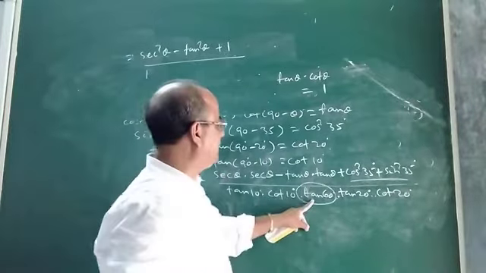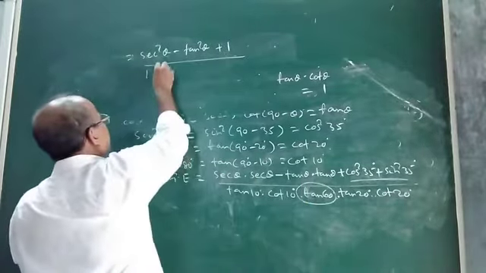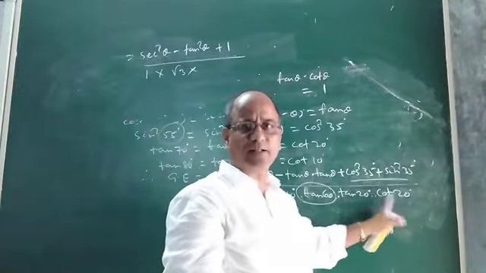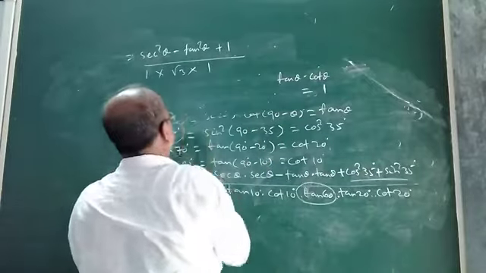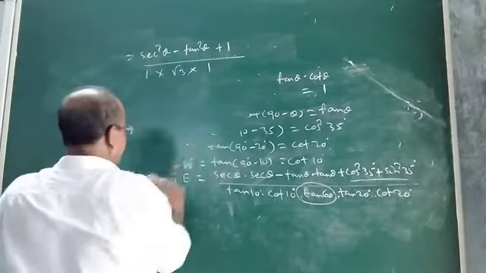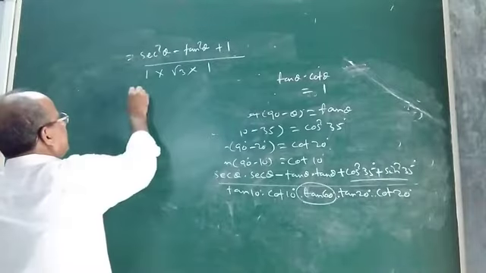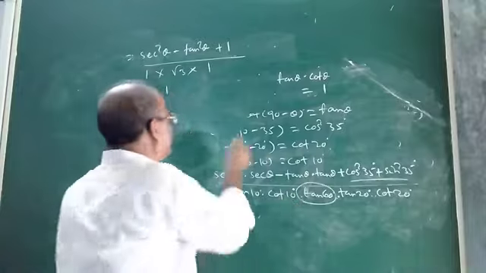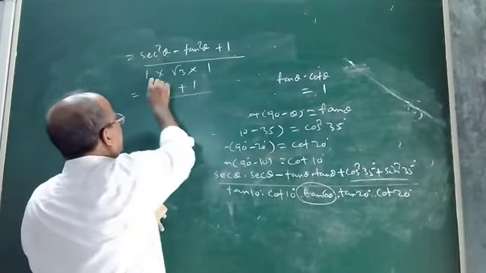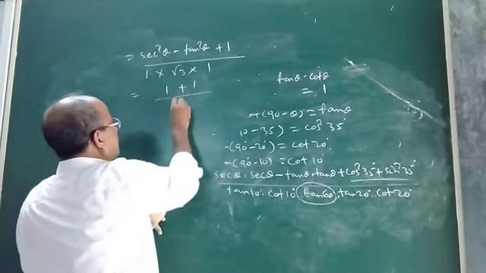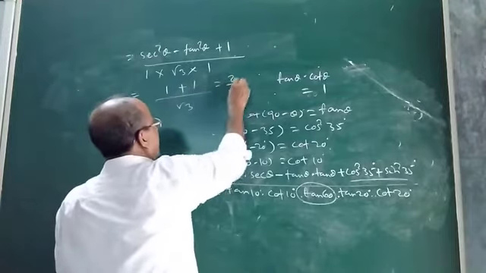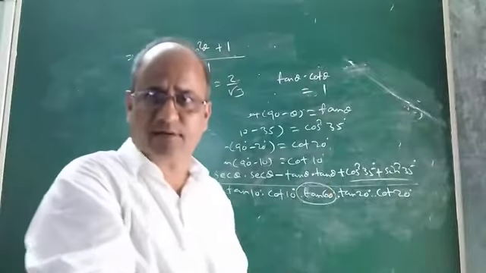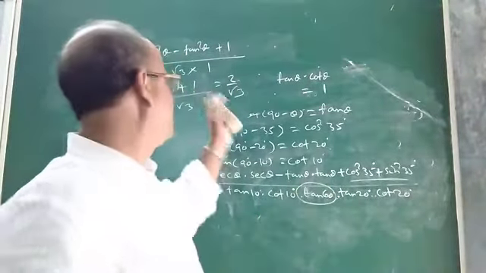Okay. Similarly, this is tan 60. What is the value? The value will be root 3. Then you see tan 20 and cot 20, their product will be equal to 1. Okay. So this expression will become, see, sec square theta minus tan square theta. What is the value? 1. So 1 plus 1 divided by 1 into root 3 into 1, it is root 3. So the answer will be 2 by root 3. See. So the value of the given trigonometric expression will be equal to 2 by root 3.